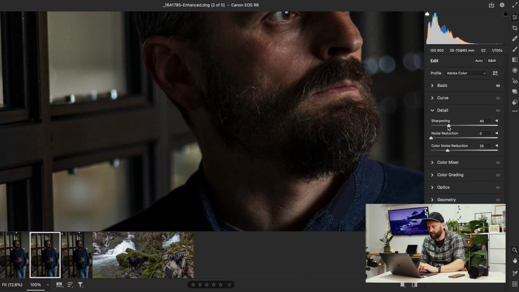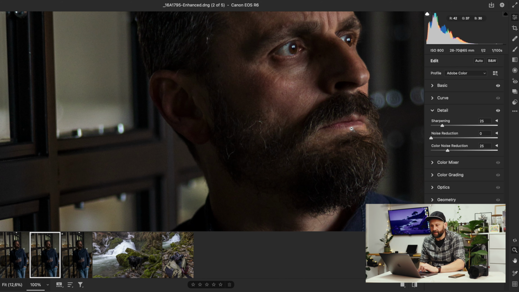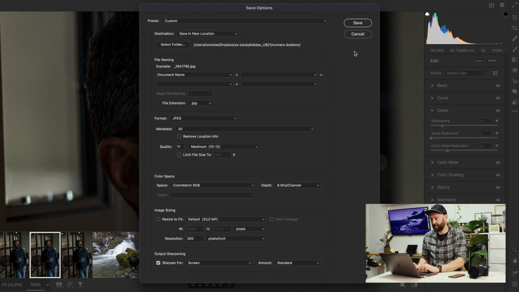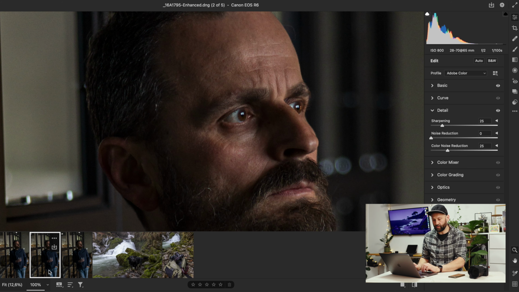For this one I'm gonna pull it down to 25 because it's already a bit sharper because of the whole process of the enhancement. There is also one more thing, you can select multiple images